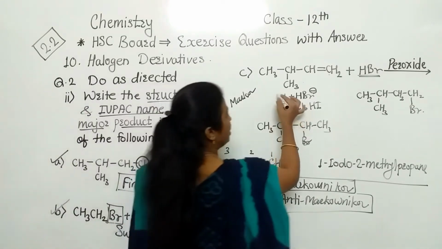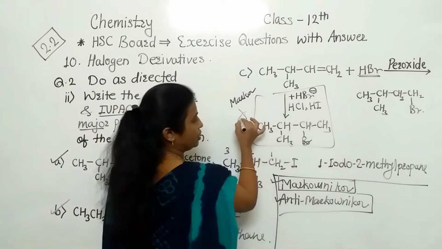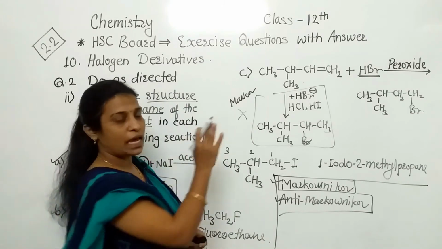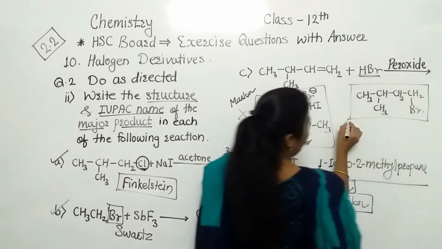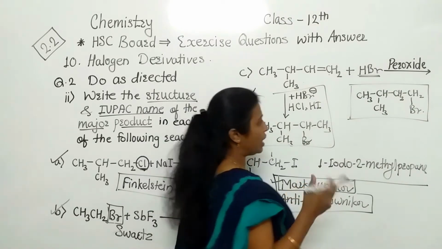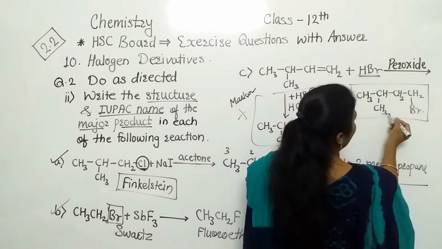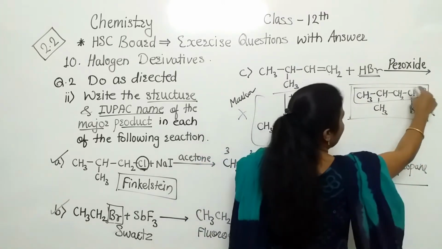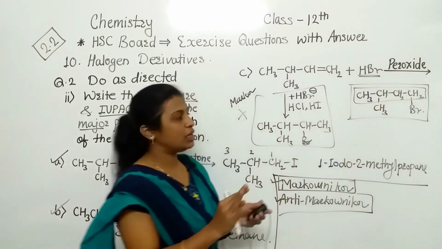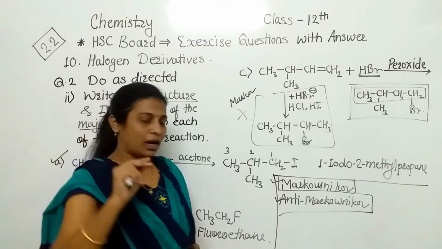So here they have not asked this question, but for information purposes I have given this also. So we have to write this is the correct product. What is the IUPAC name? Again our rule is there: select the longest chain. So we are selecting the straight chain here. We can select the downside also, because anyhow 4 carbons are coming.